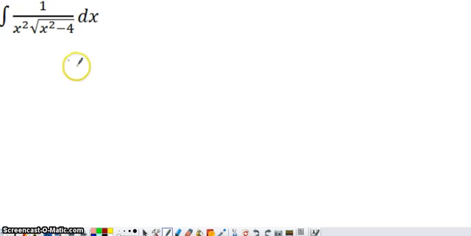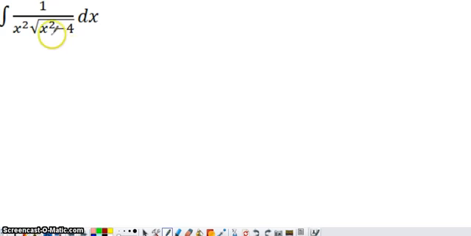We could, I guess, write this as a product. We could write this as 1 over x squared times 1 over this square root and try to use integration by parts, but neither of those pieces is especially simple, so it doesn't really seem like that's a good option either. What you do notice here is you notice this root,